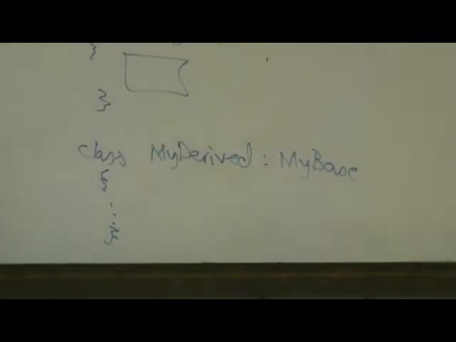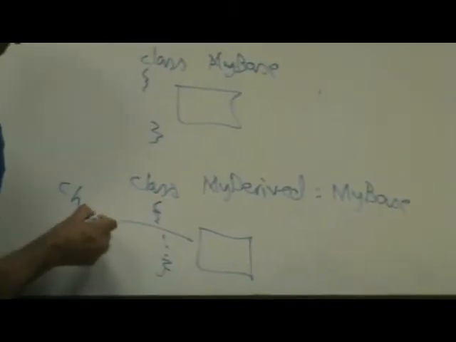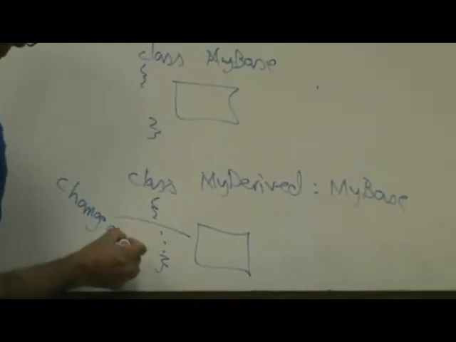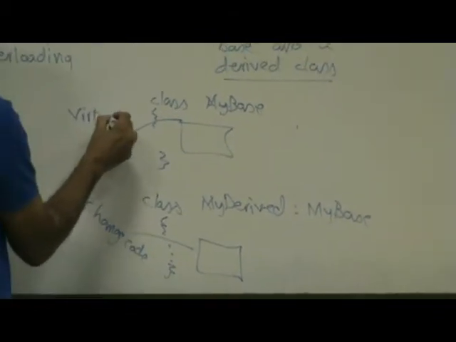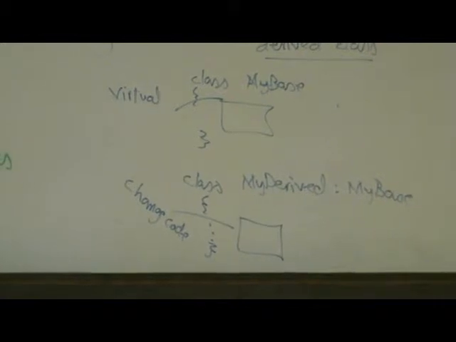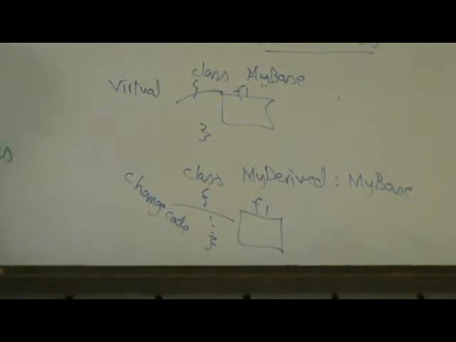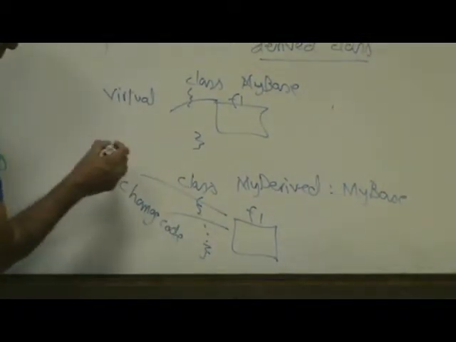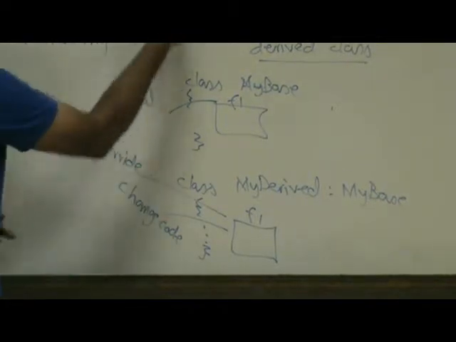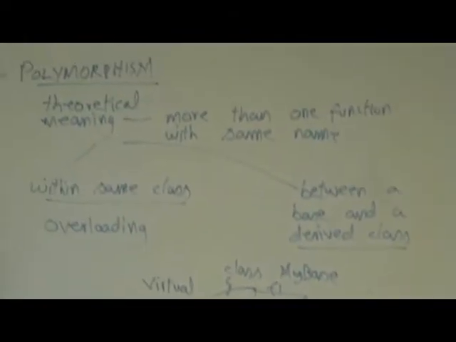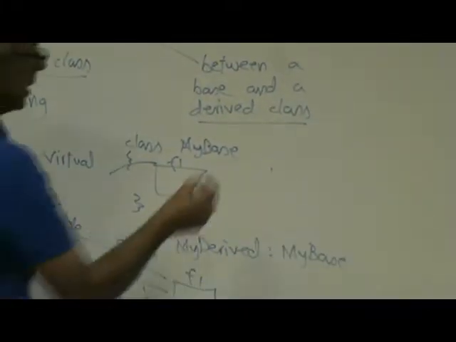Okay, and we wanted to change the code over here, right? So as you guys saw over here, it has to be declared virtual, correct? Because there's code in it. So suppose the method is called f1. So over here, what keyword will we use? Override. So anyway, the second concept where polymorphism occurs is between a base and a derived class, and